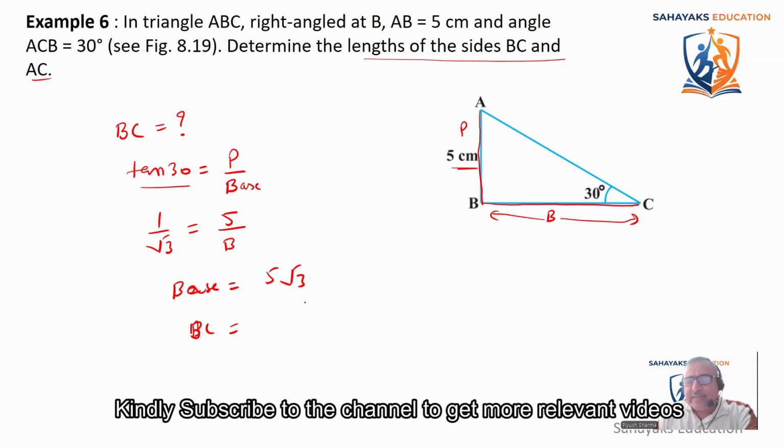So you can directly write the answer 5 root 3. You don't have to multiply. If they mention that root 3 is equal to 1.732, then you multiply this. Else you can keep the answer as 5 root 3. So base comes out to be 5 root 3. Now they also need to find the value of AC. Now for AC,